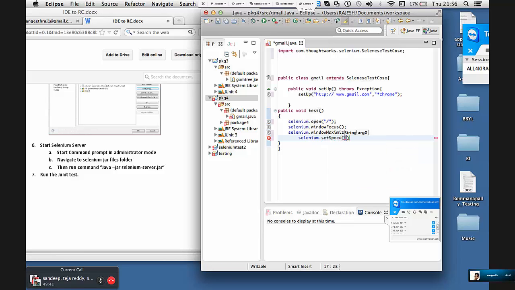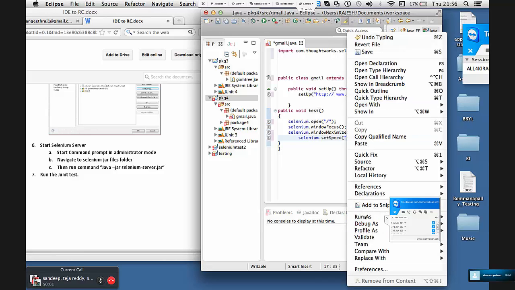Then you can give. Okay, now it should open Gmail screen for you, at least. Right click, run as JUnit test.